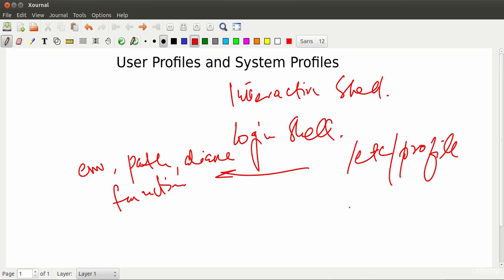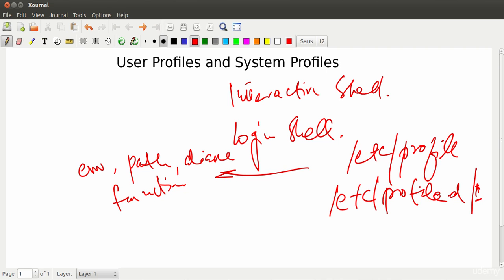In that /etc/profile, it is also defined that we can have user specific profiles in the directory /etc/profile.d, and then we can have different